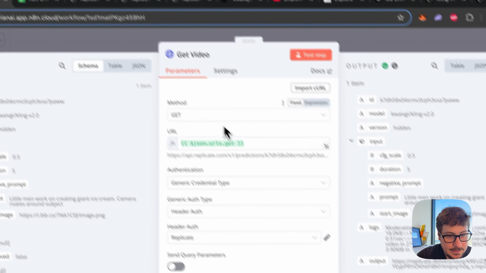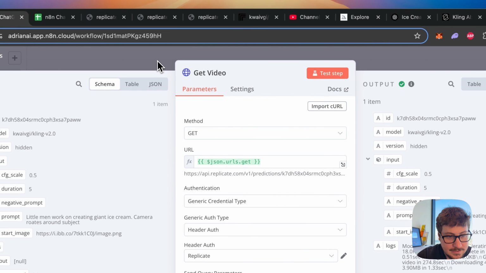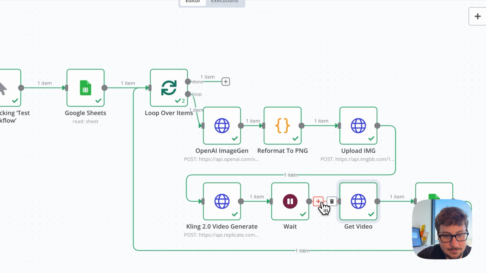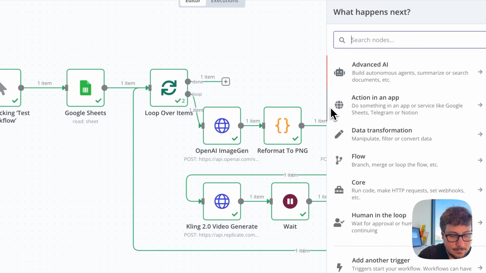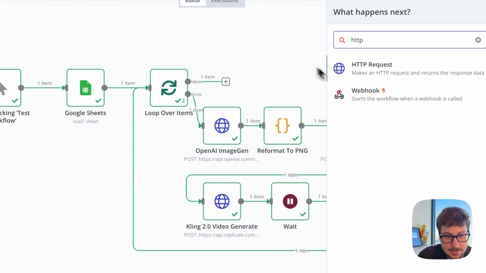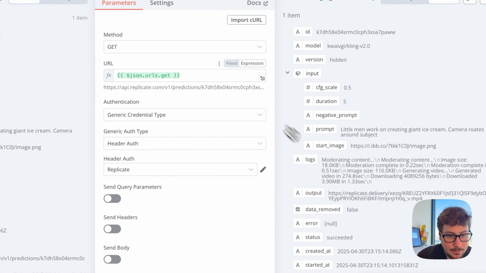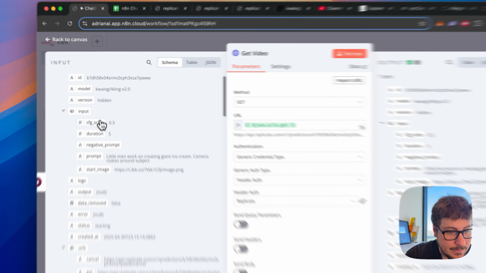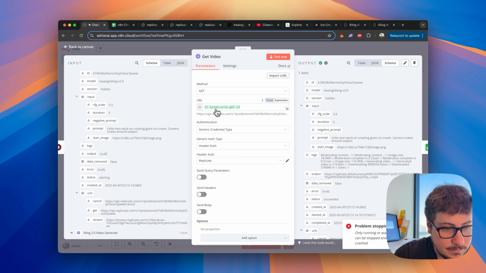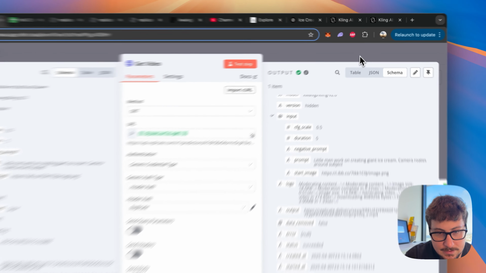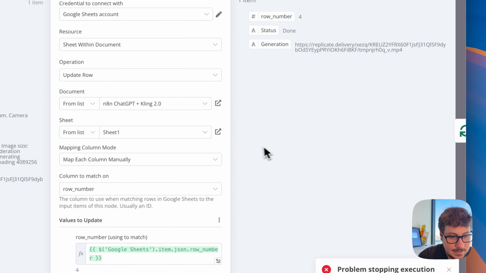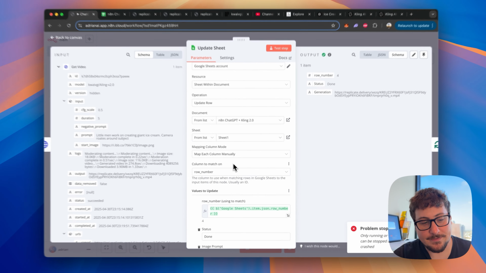And then all we're doing is doing a get HTTP request. So every time I do this, you're going to want to do HTTP request to make these modules that are here. And then we're going to drag in from the previous one the output URL to get it, and then that goes to the next step, and that next step is this